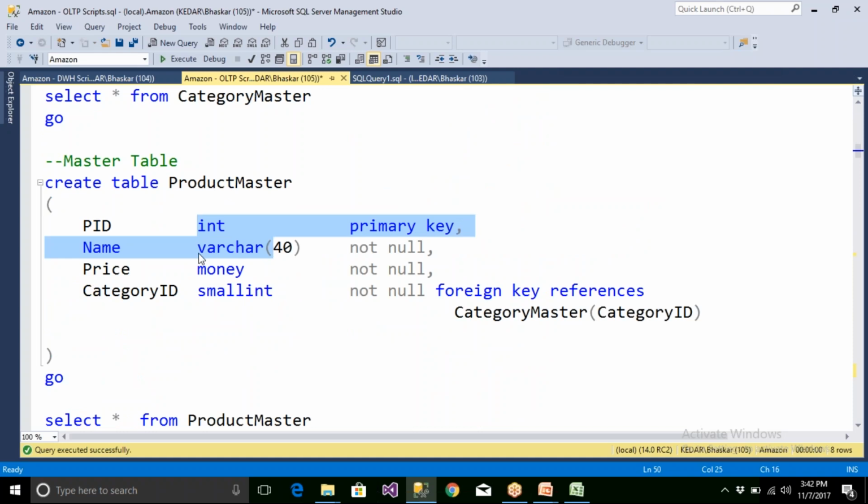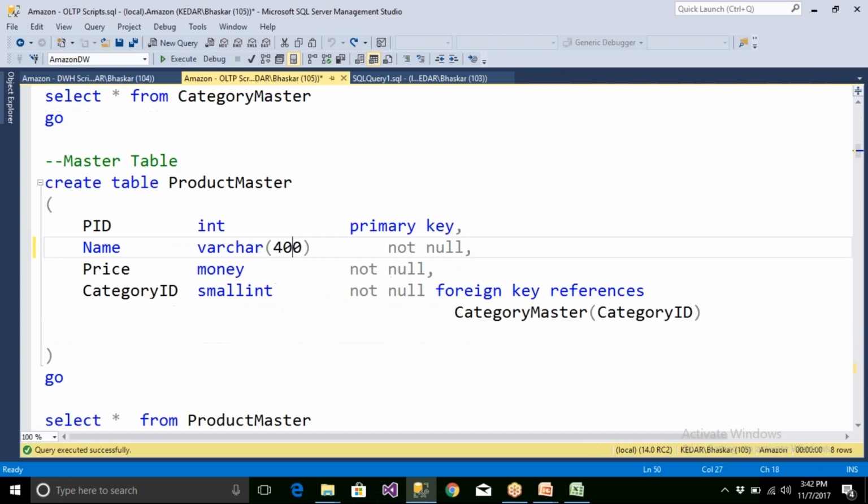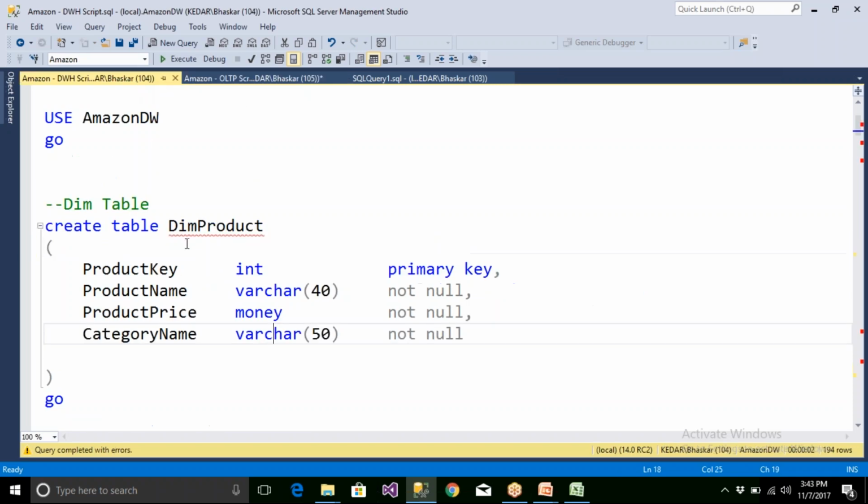So the data types you're going to maintain. If the data types are much larger here, for example you have 400 and you have 40 here, the data may get truncated. If somebody unnecessarily creates it like this, that is a mistake. But now, at least in the data warehouse, you have to give correct data types and everything. So ensure that it is clean, like product price in OLTP.